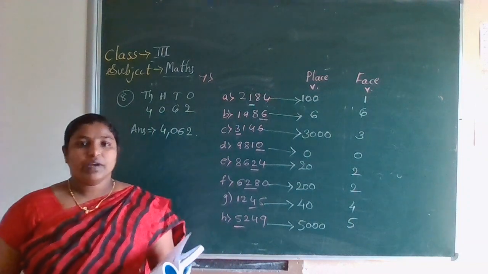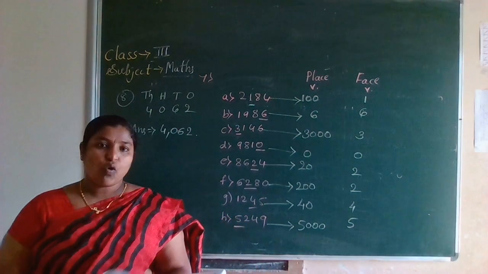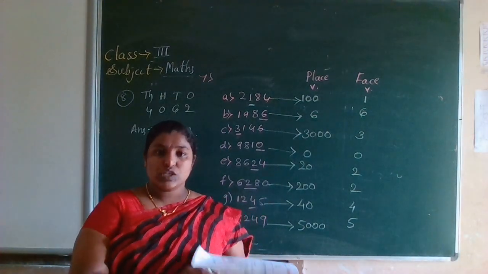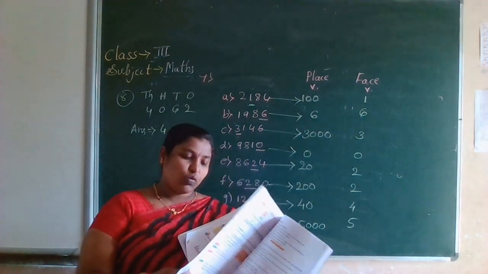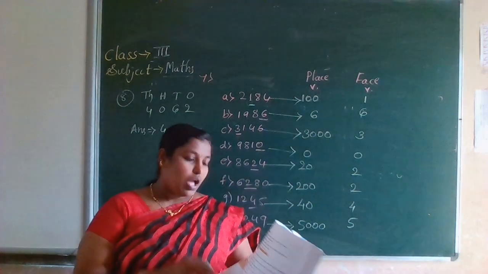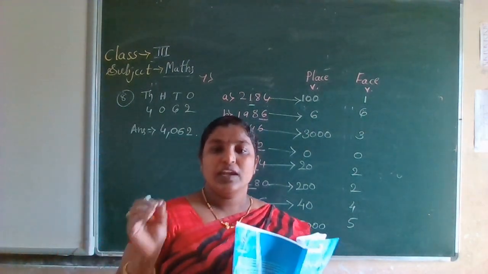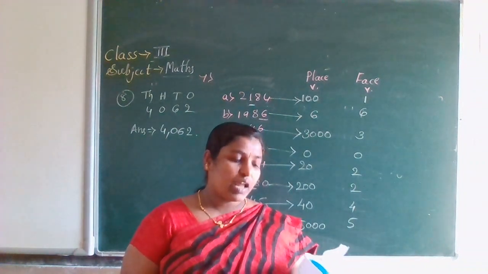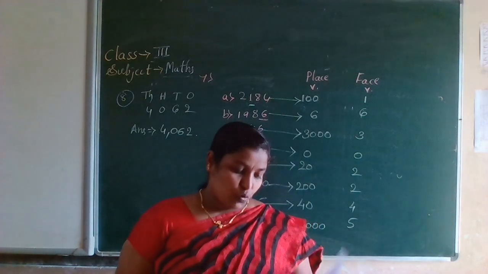So we have completed the exercise, practice 2.1. Write there in your textbook also, and in your notebook also. I want a maths fair notebook separately. It should be neat and it should be continuous: 2.1, 2.2, 2.3 like that. I hope you are maintaining it. One day I will check all your notebooks.